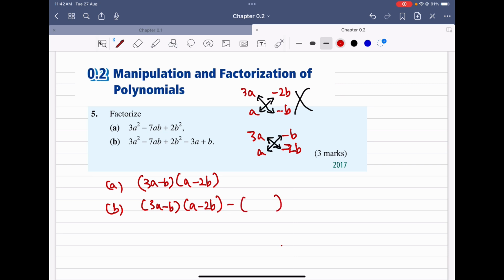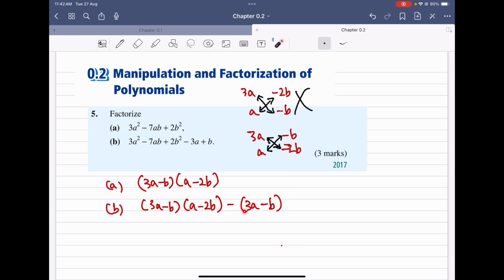So for part B, you're just using the answer in part A, and then minus. But be very careful. You have to use a bracket, so that you can factorize the terms. So if you have the bracket like this, 3a, you just write it down because minus 3a times positive 3a is still minus 3a. But for the next term, you have to change it into minus b because